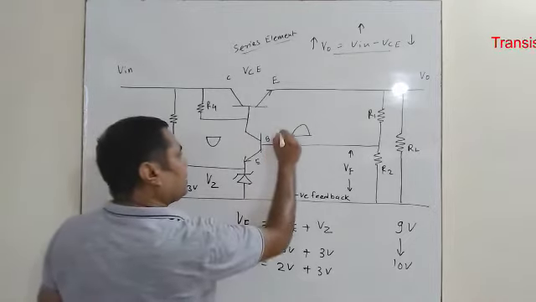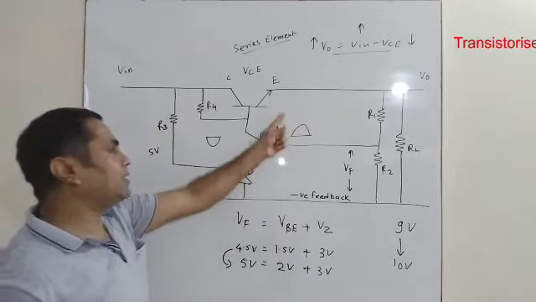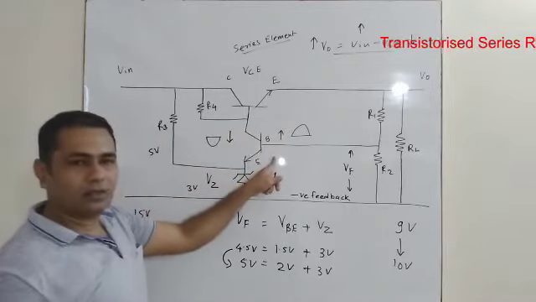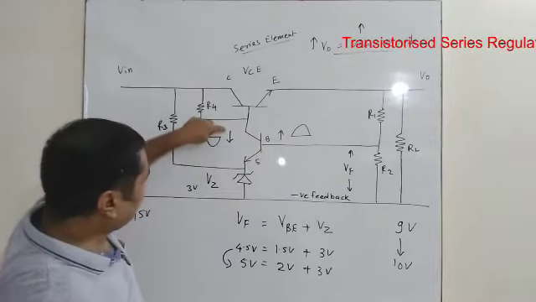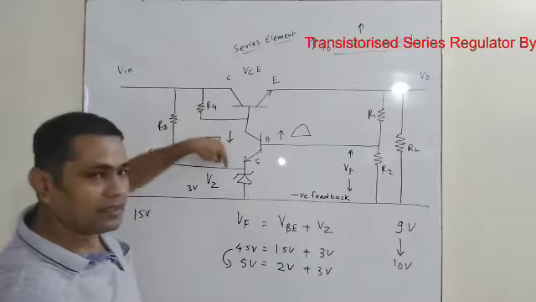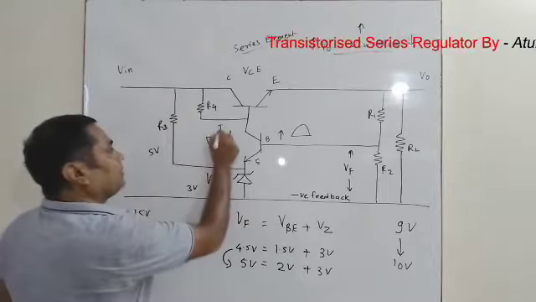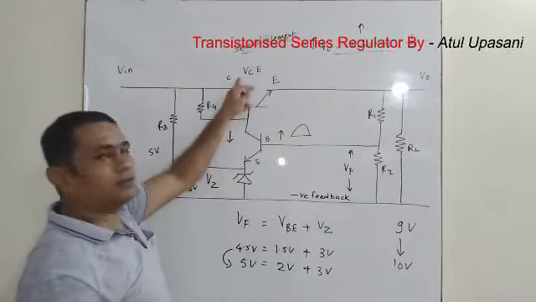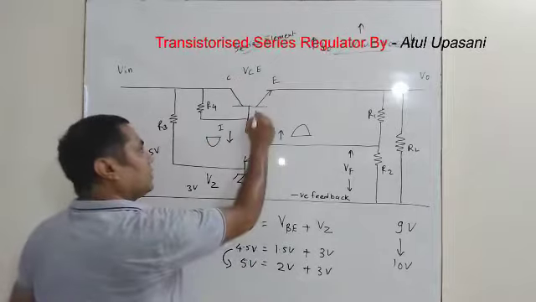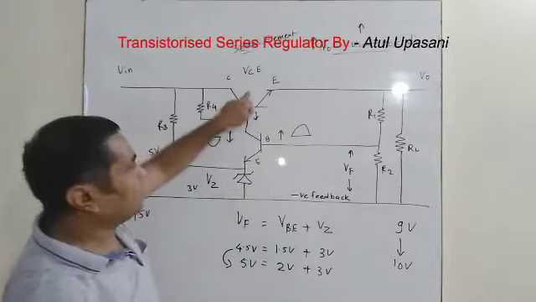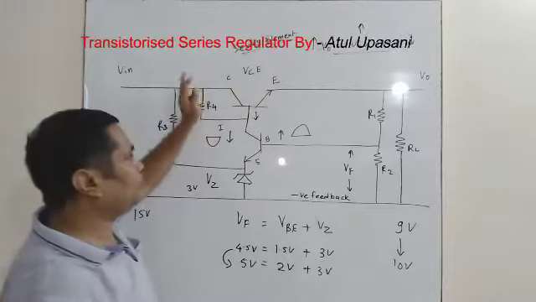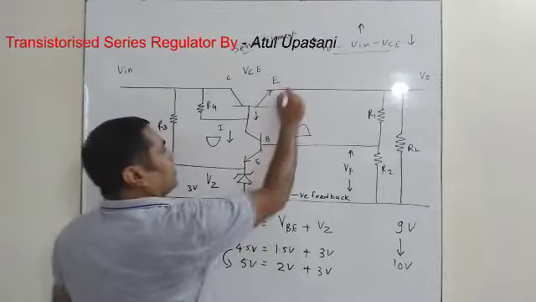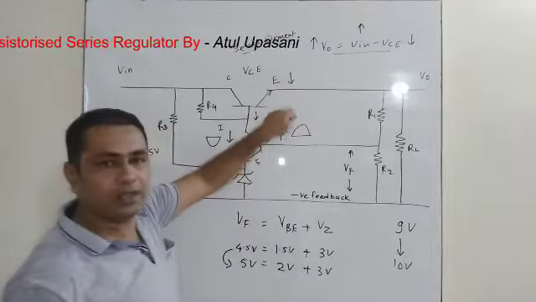So if the voltage at the base of this error amplifier increases, there will be the same proportion of decrease at the collector of this transistor. If the collector voltage is decreasing, that will also decrease the current here, and the same current is applied to the base of the series transistor. So that is why this current also decreases. This transistor is in common collector mode, so the input and output voltage phases will be the same. So at the emitter, the same proportion of current will also decrease.